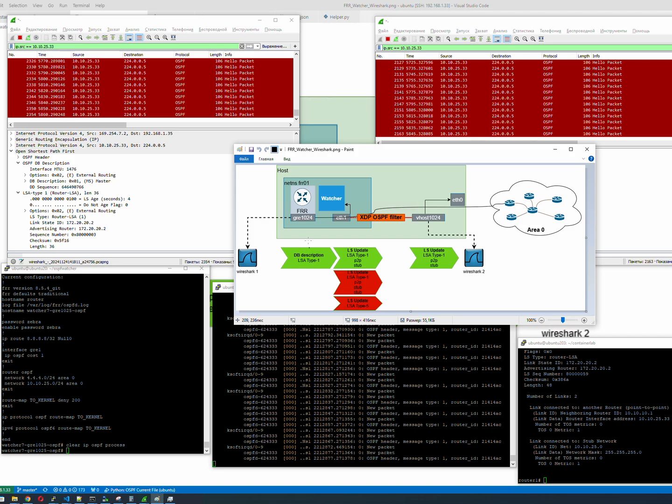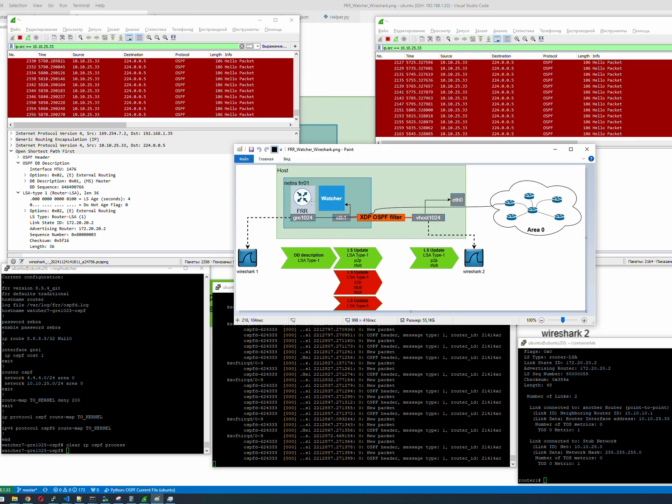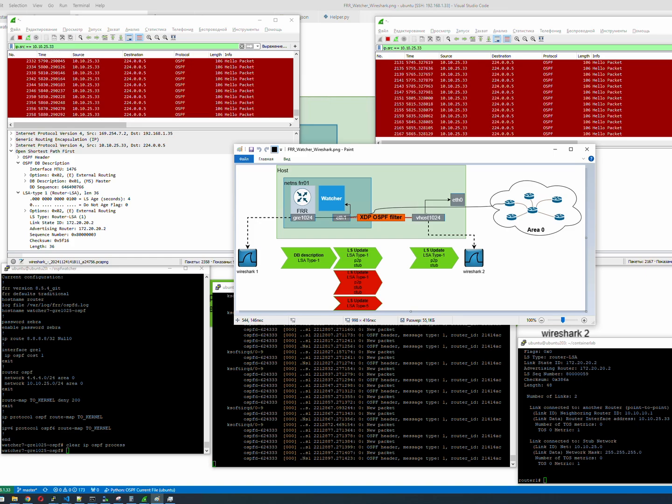The Wireshark window on the left shows packets sent by the FRR instance of OSPF Watcher, whereas the window on the right shows a dump of packets from the egress interface here, which is behind XDP. There are also two console sessions of the FRR instance and one of the network device. So